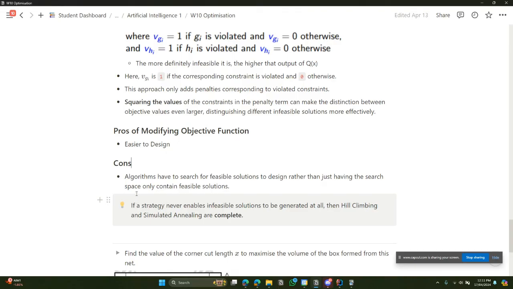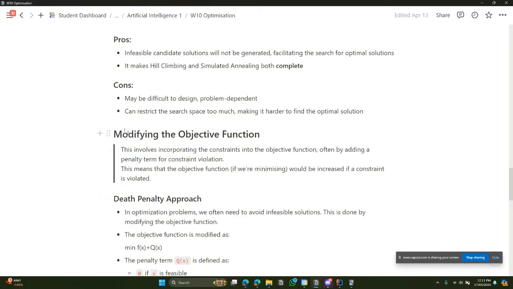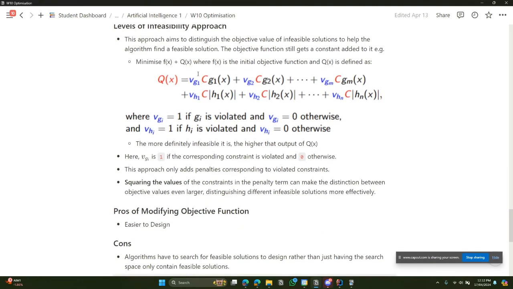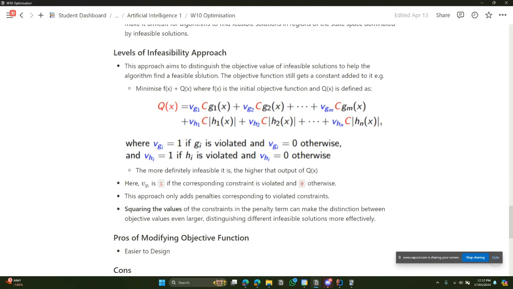So the cons are, again, here's a little light bulb moment for you. If a strategy never enables infeasible solutions to be generated at all, then hill climbing and simulated annealing are complete. Meaning that modifying the objective function does not necessarily make hill climbing and simulated annealing complete, because we're still generating infeasible solutions. We're just likely not traveling to them. You can imagine that we might still travel to them, especially if we used levels of infeasibility, and say we have a solution that's not very infeasible, but quite infeasible, sort of infeasible. Then